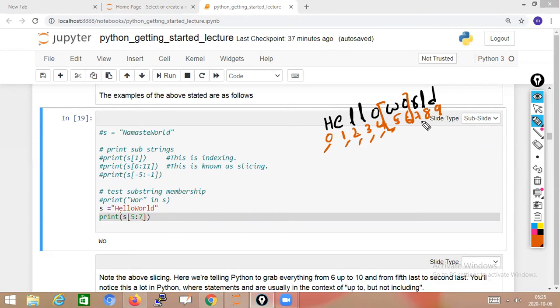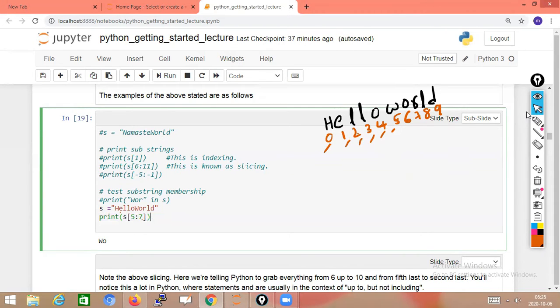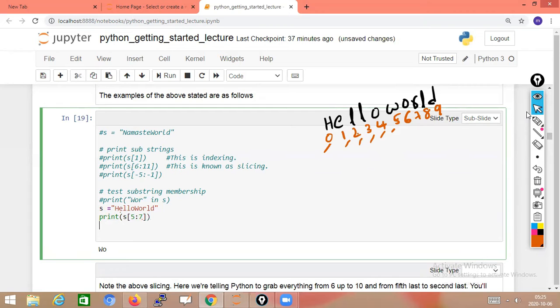So now, print variable s of, we will write minus 5 colon minus 1.